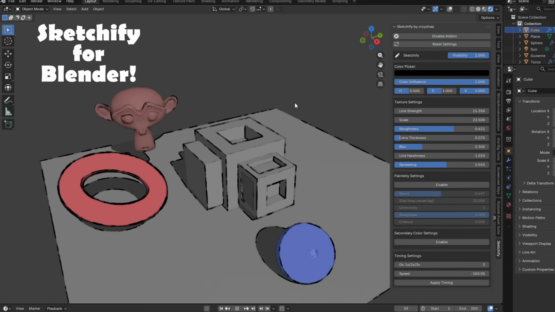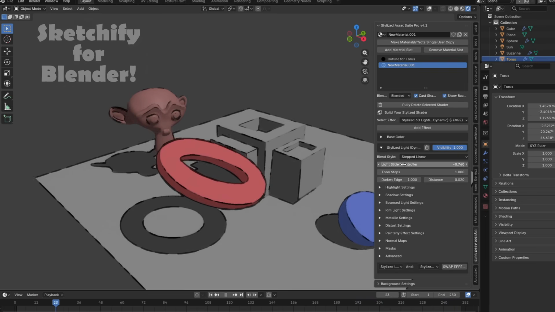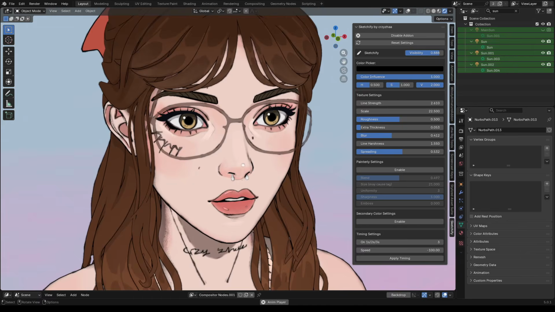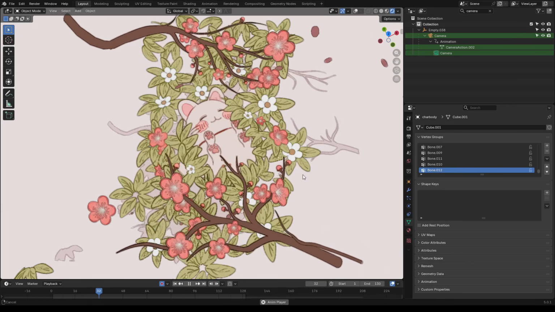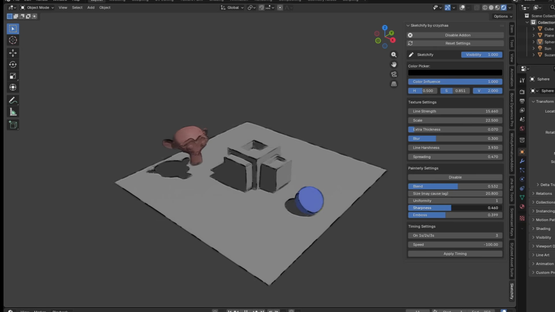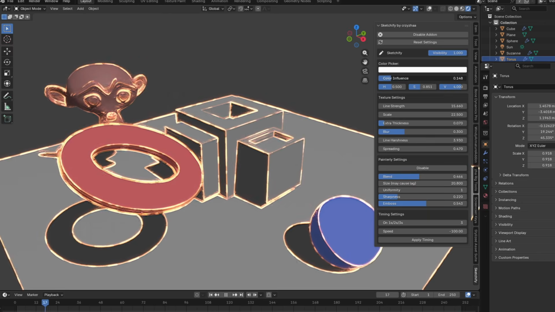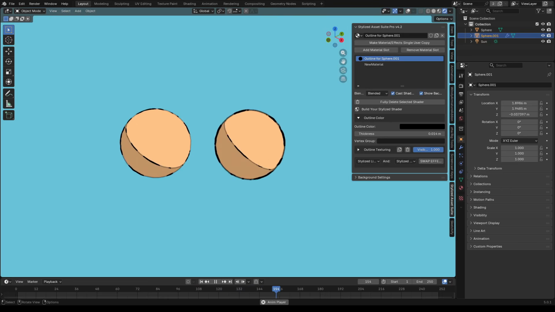It's never been easier to automatically turn any of your scenes into a more hand-drawn feel. In any scene, you can adjust the line thickness, harshness, visibility, timing of the animation, and even give it a painterly feel in just a few clicks. It supports pretty much any colors you can think of as well. And not only that, but you can enable and disable the add-on with a click of a button, as well